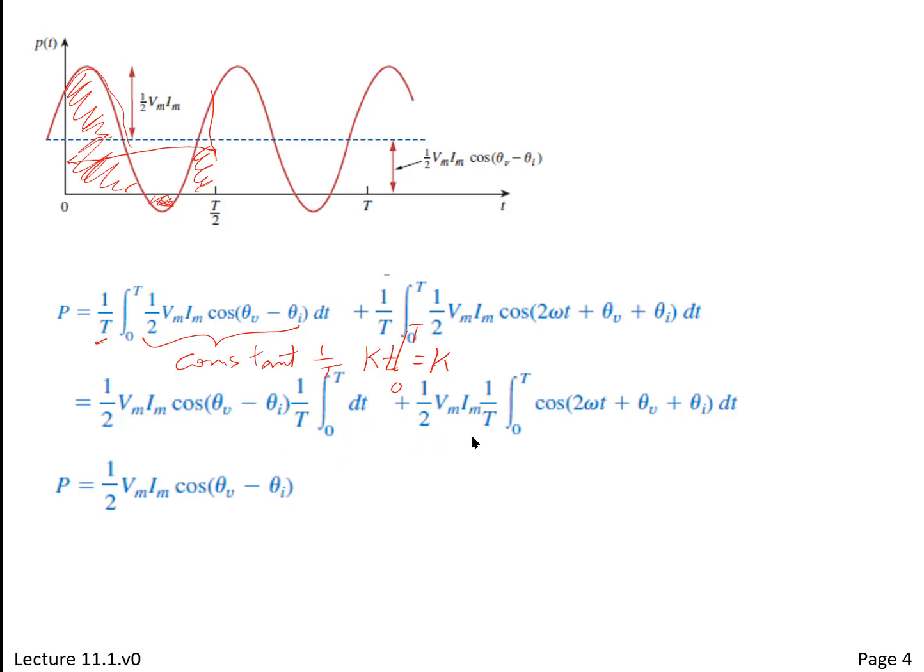Because the average value of a sine or cosine is 0, right? The average of a cosine equals 0, right? Because this piece now, this whole piece that we're averaging is not this,